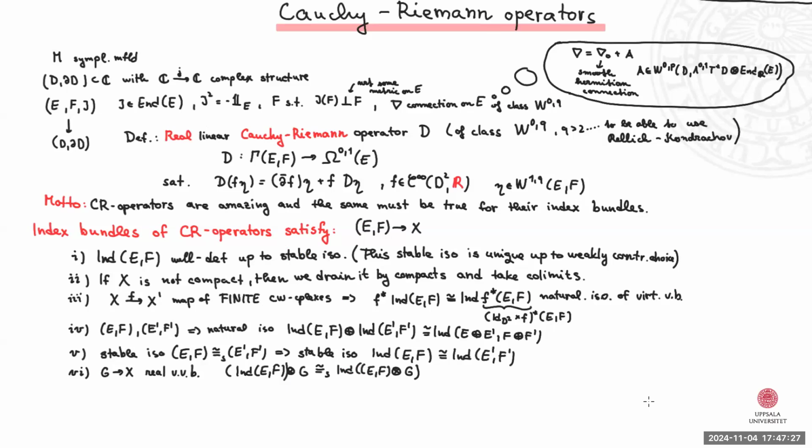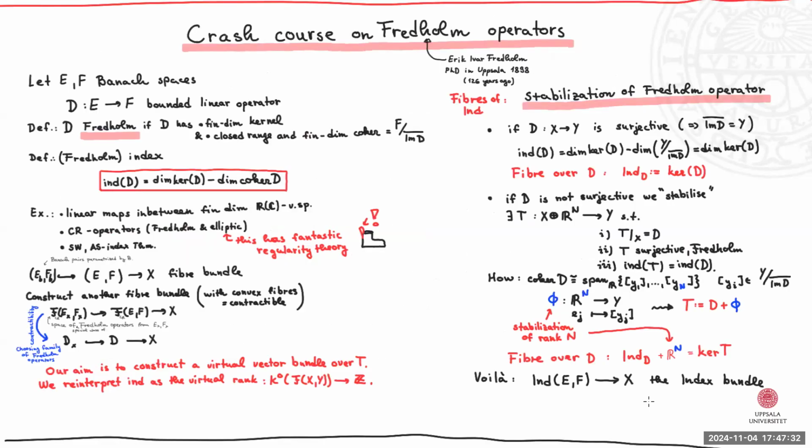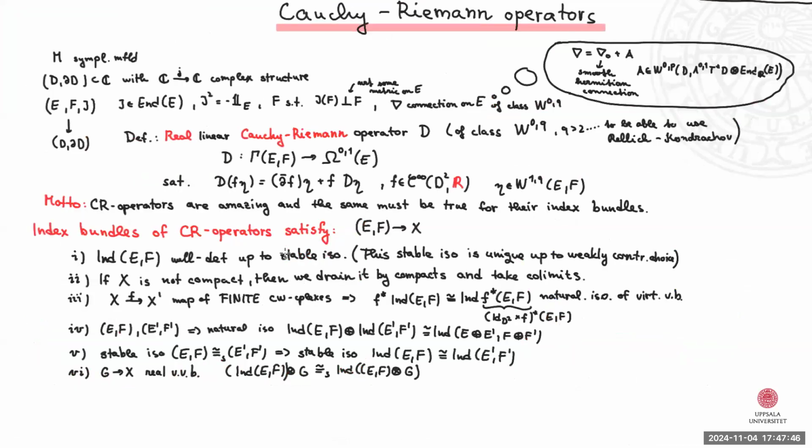So let me explain to you what is this nice class of Fredholm operators. In here, I wrote in a super tiny font, which I now see is a very bad choice, this lower index CR. So we have these Cauchy-Riemann operators that we absolutely adore because they behave fantastically well. So what are those Fredholm operators?